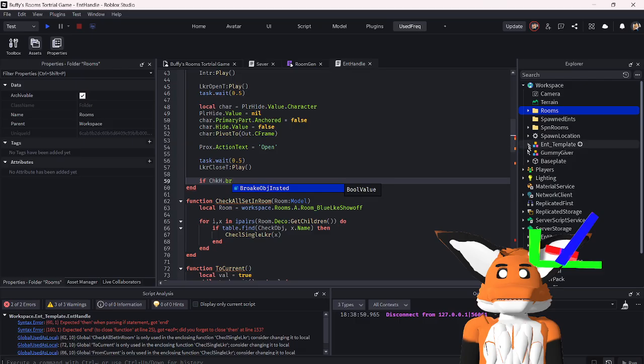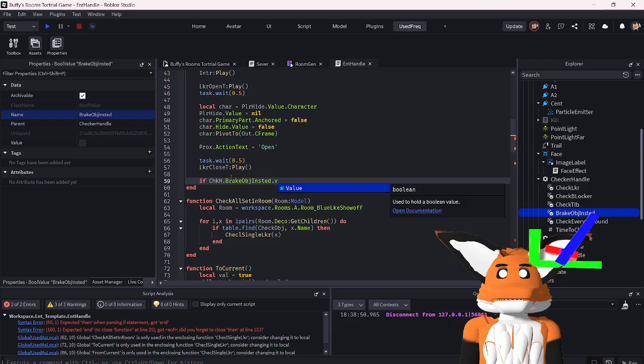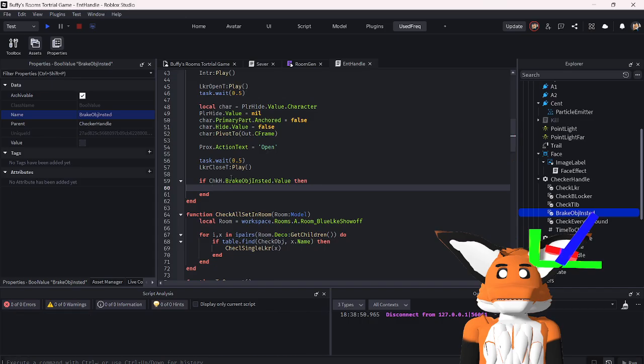Where is it? Break locker instead dot value, which basically means if check h dot break locker instead dot value equals true, I'm pretty sure, then